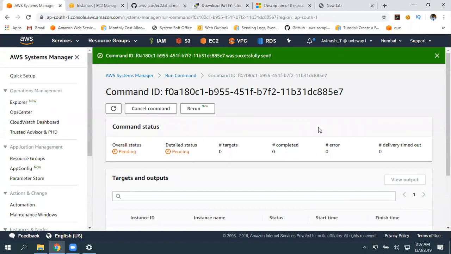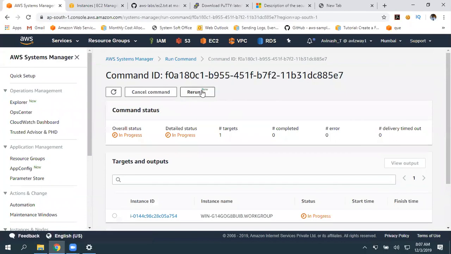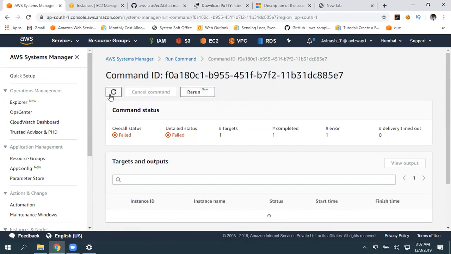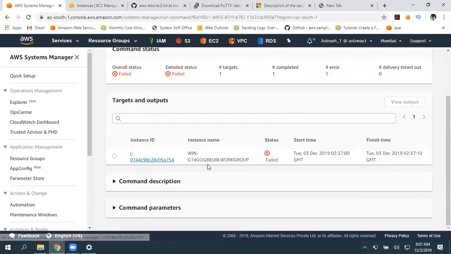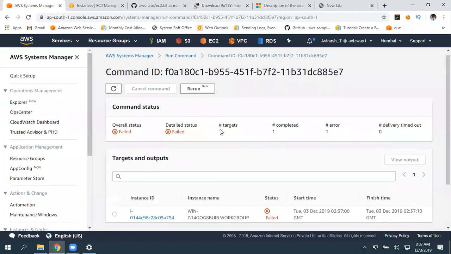It is in pending state. Seems I introduced a new feature, return. If you want to undo this option, it is return. It is failed. Failed to download the file into this EC2 instance. That URL is working, right?